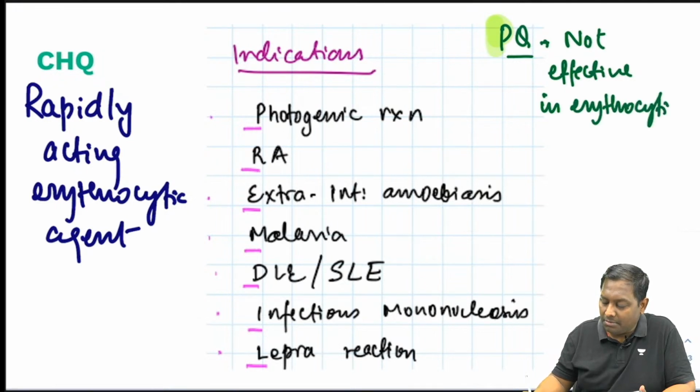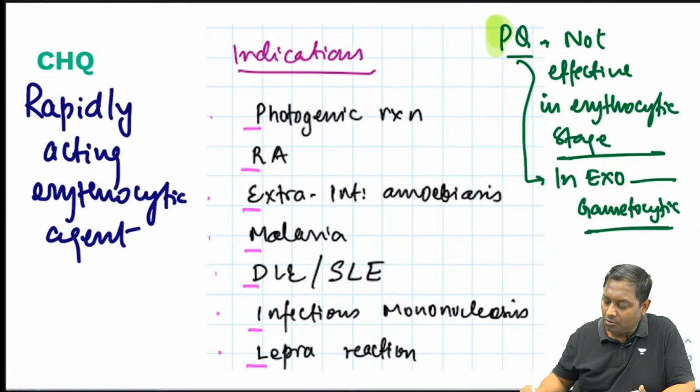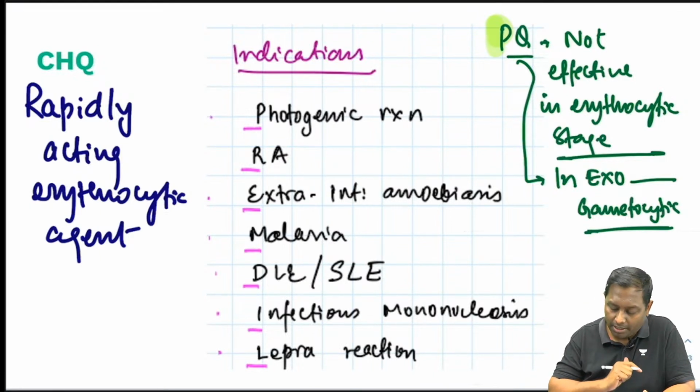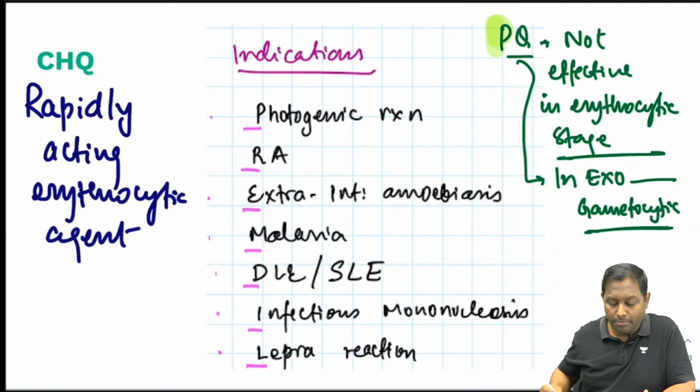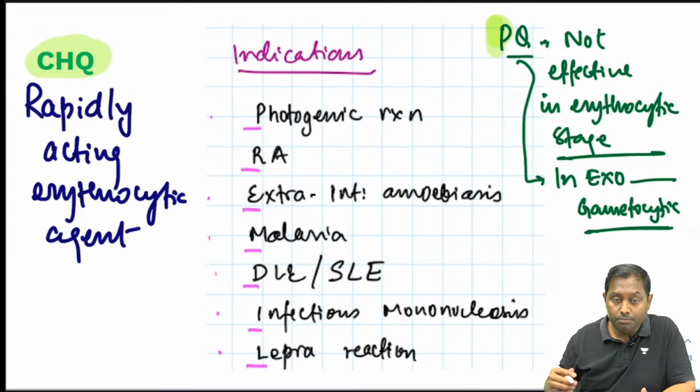To kaun se stage mein effective hoga? If it is not effective in erythrocytic stage, it will be usually effective in your exoerythrocytic stage and gametocytic stage. For the gametocytic purpose we can use, and as an exoerythrocytic also we can use, but not for the erythrocytic. Okay. Indication of chloroquine that we have, remember, it is not only used in malaria, it can be utilized in